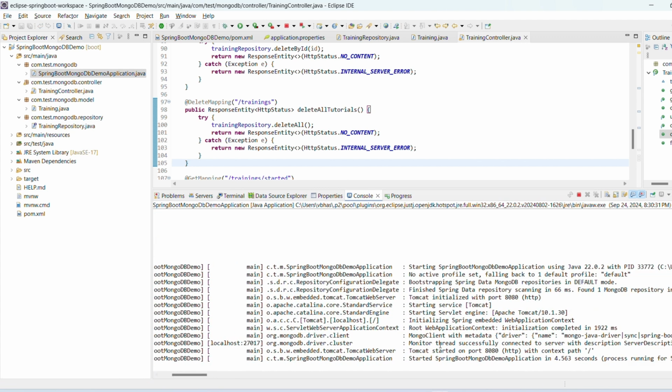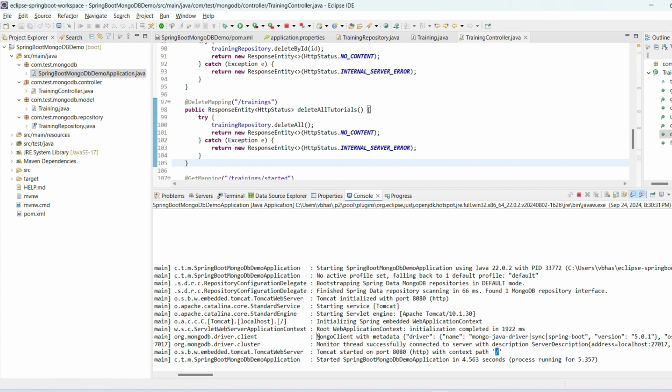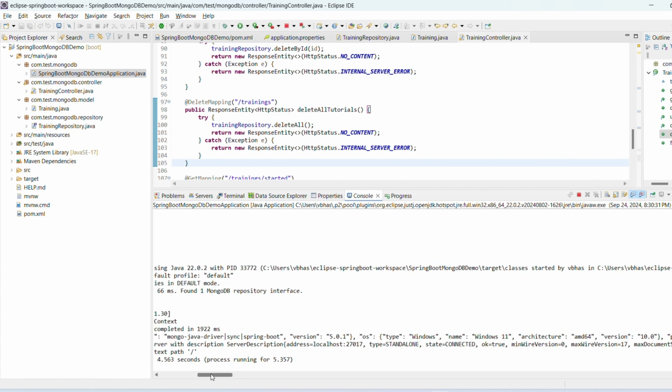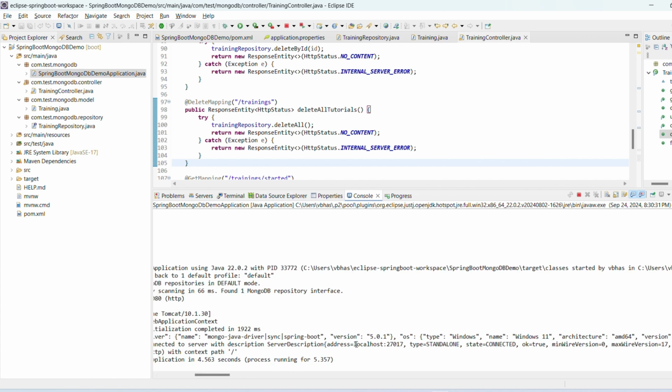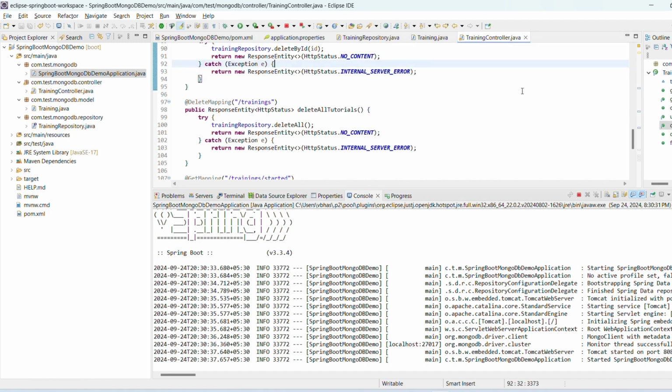Yeah, and here we can see Tomcat is started on 8080 port with this context path, and we can see the MongoDB details as well. So this is the Mongo client with metadata. Here we can see the driver name and what is the version. Okay, so this is my MongoDB on localhost port 27017, so my Spring Boot application is connected with this